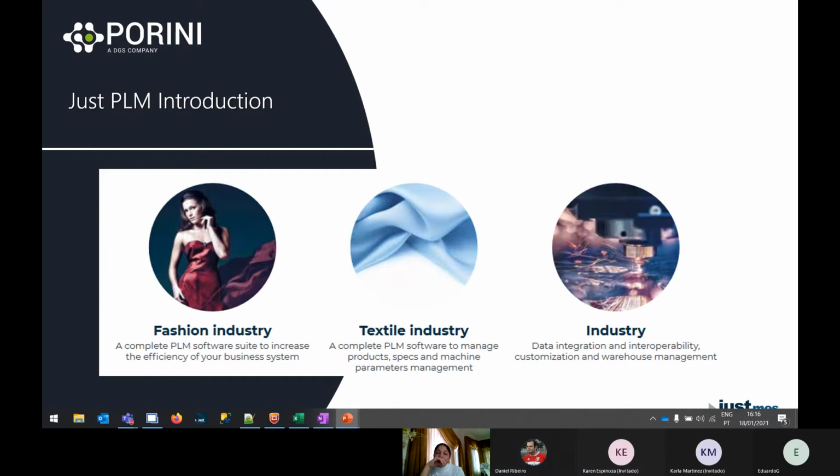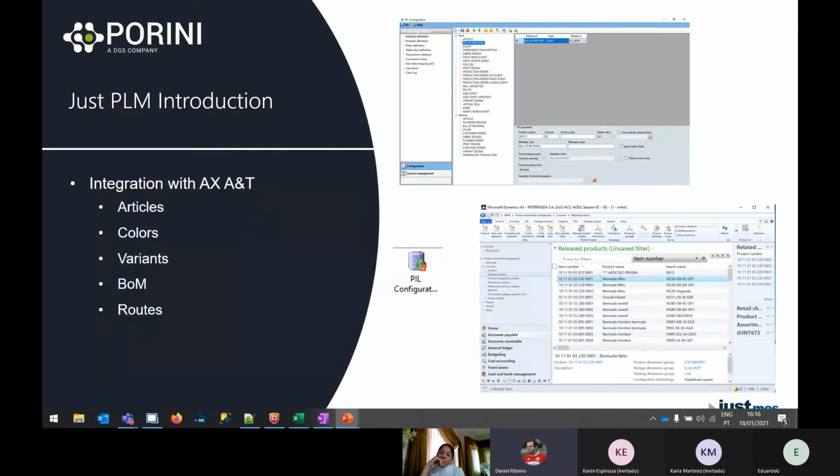So we have a control from this side, and according to your ERP, be able to have controlled master data in your AX system. Also, something I already mentioned, what we will integrate is that in the PLM we have a model called PIL, or interface layer. This is a model that